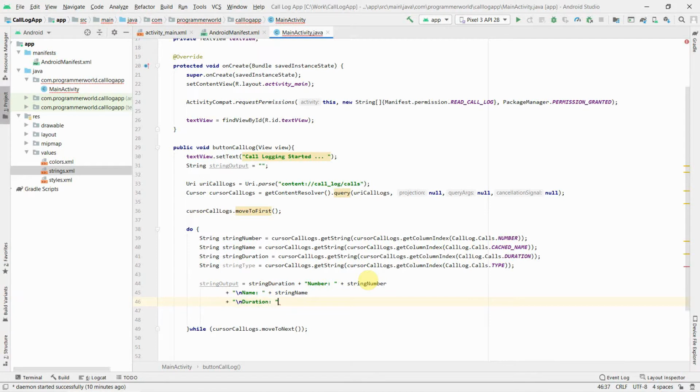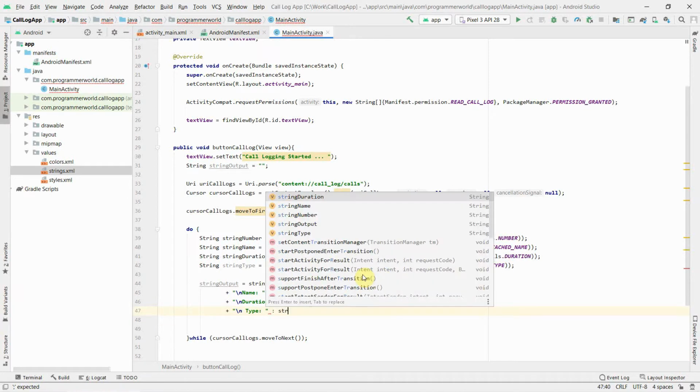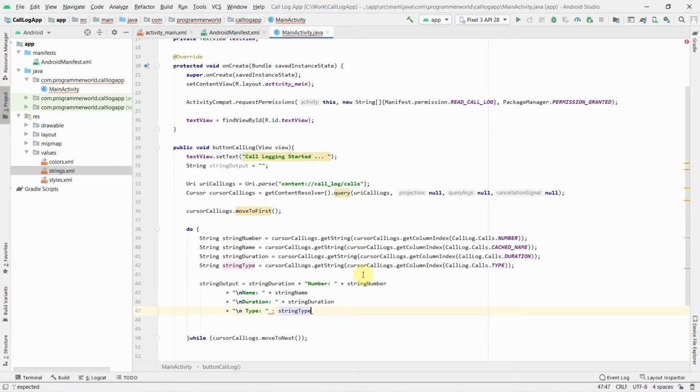So duration will be string duration, and what else, string type. So I'll just put type, call type. You can put any text, of course, I need not say that. And this is a string type, and I think more or less we are done.